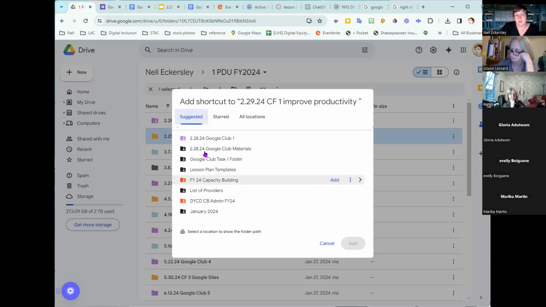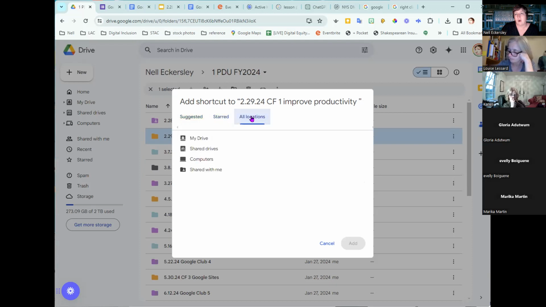This is a suggestion. These are places I've just been. These are starred places that it thinks I might want to go to, and then this is all the places. And in this case, I sometimes just put things in my drive because that is actually a very limited place to see things, and I get to it very easily. So in this case, that's what we were looking at, right? But I also can go here, so I can click add to add it to my drive, which means it will sit at that layer of my file system.